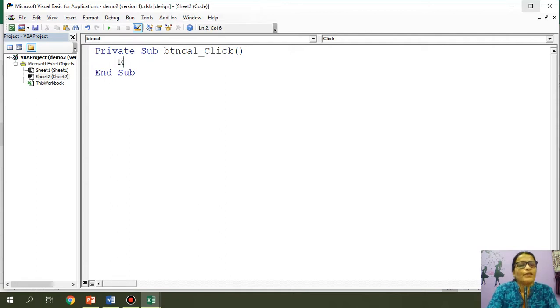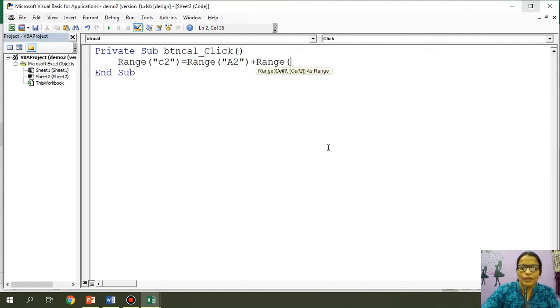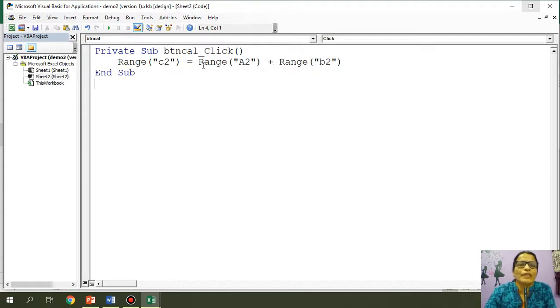Where I want the answer, range, I want it in C2. So I'll say Range("C2") equals Range("A2") plus Range("B2"), right? So we have already seen the use of range and cell address. So what exactly are we doing here?